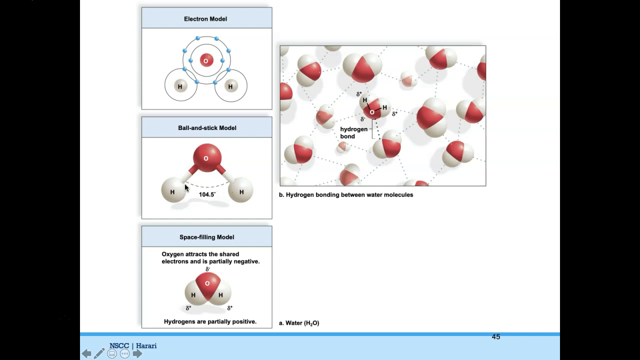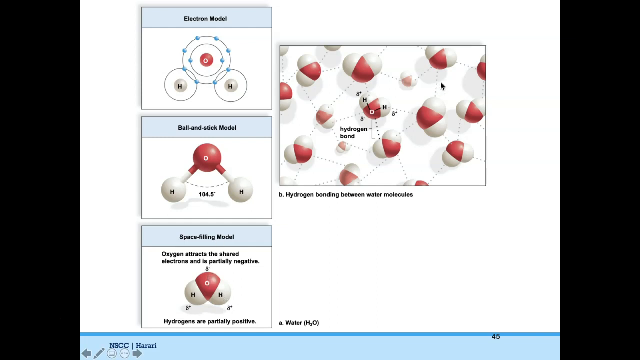And this shows the 104.5 degree angle between the two hydrogens. That's dictated by the electrons and how they repel each other. And this shows the space filling model of the three atoms that make up a water molecule. And this also shows the partial positive charge on the hydrogens and the partial negative charge on the